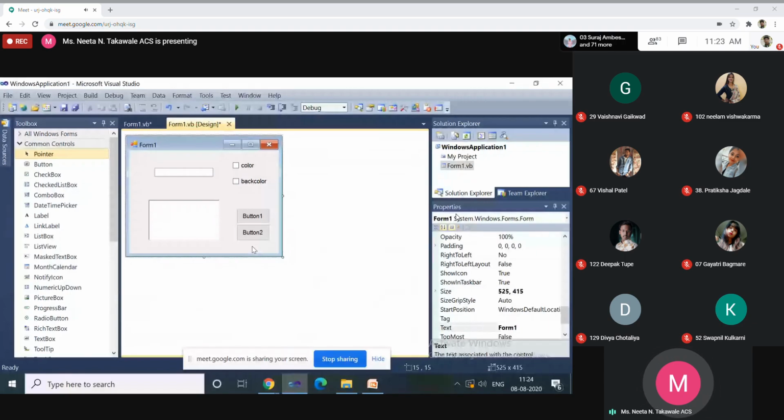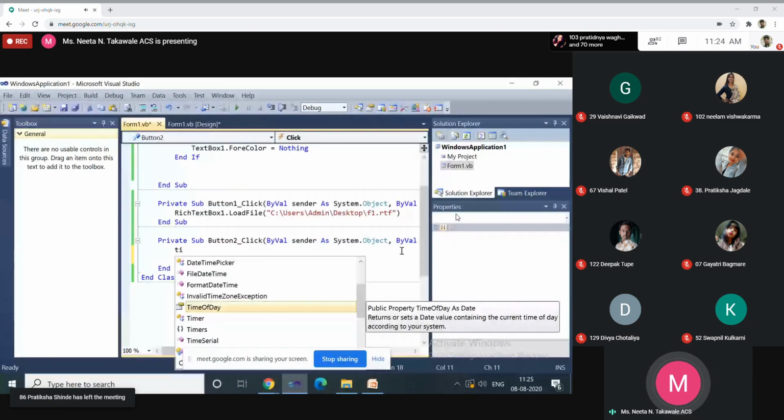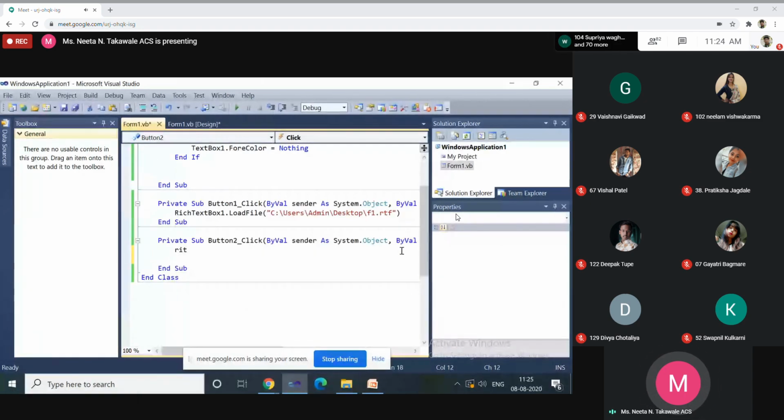I will show you one example. We have used the Font class. Using the same class, we can set different font styles